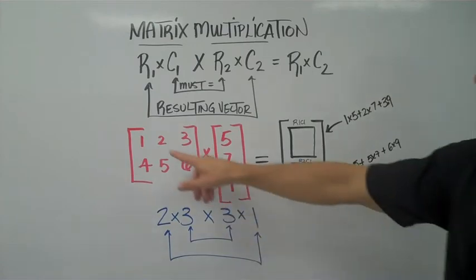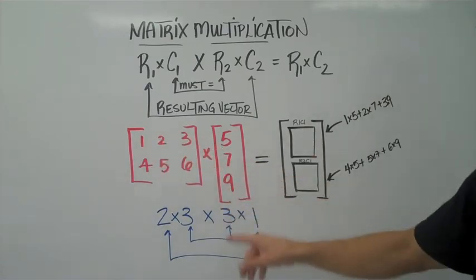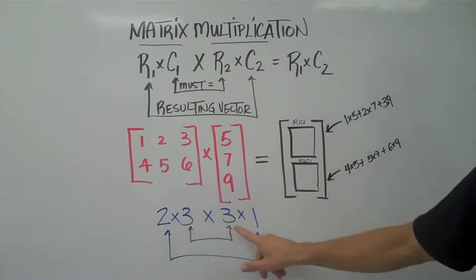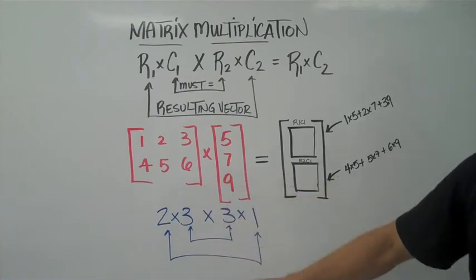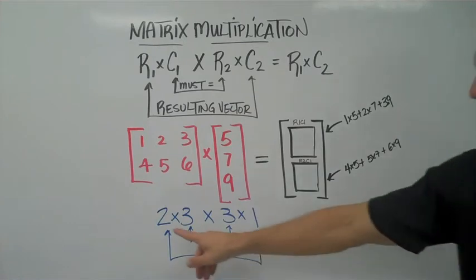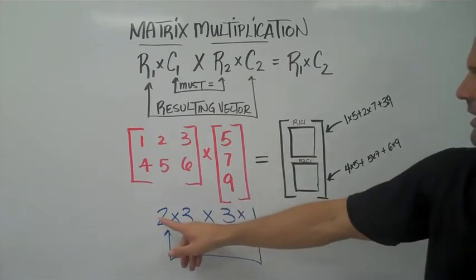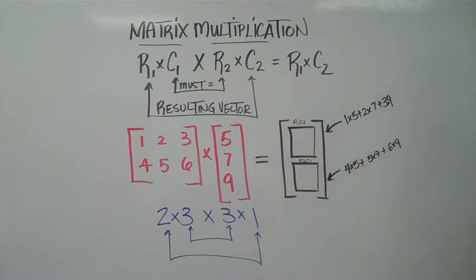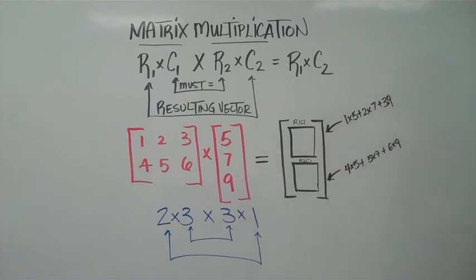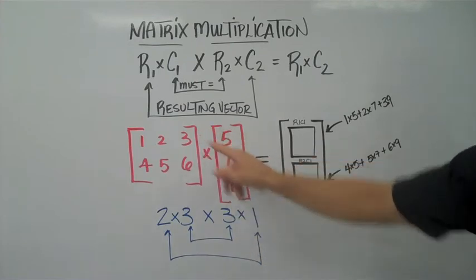For example here, I have a 2 by 3 matrix times a 3 by 1 matrix. As long as the columns from matrix 1 equal the rows of matrix 2, which I do have, 3 columns from here and 3 rows from here, then my resulting matrix will be a 2 by 1, which is the rows of matrix 1 and the columns of matrix 2. So I do my 2 rows times 1 column. I know this is row 1, column 1, and this is row 2, column 1. Row 1, column 1 is 1 times 5 plus 2 times 7 plus 3 times 9,